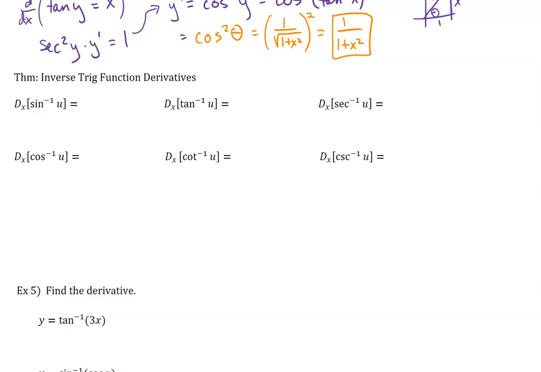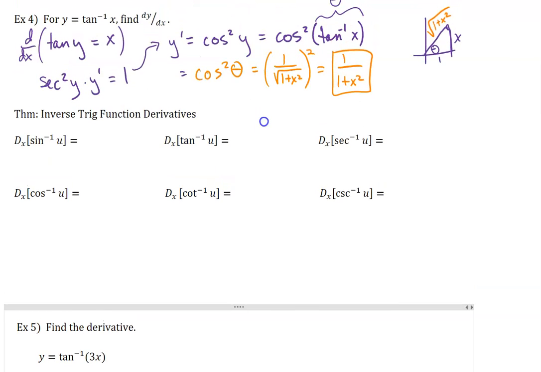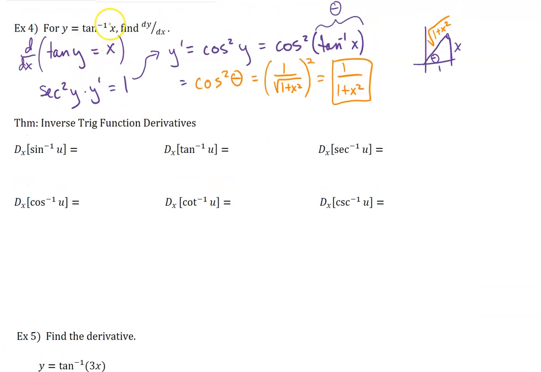One thing I want to add here, though, is if you notice, all of these are written with a u in here. Remember, u is a function of x, represents u substitution, or a composition of functions. So while this first example was just tangent inverse of one single x, we do need to account for how we would handle if there was something else inside the function with the x. So for example, if that was tangent inverse of x squared, or tangent inverse of sine x, or something like that. Okay, so let's make a note here that we are doing this with compositions